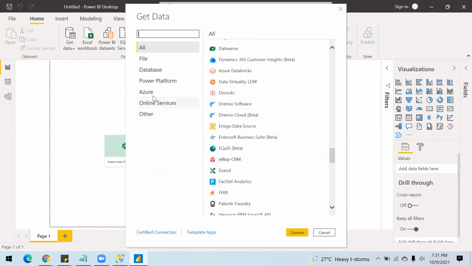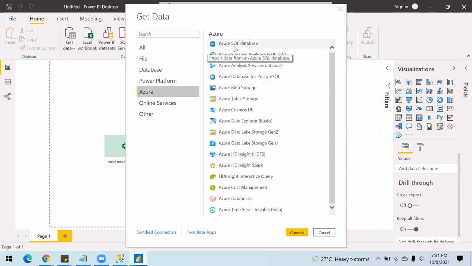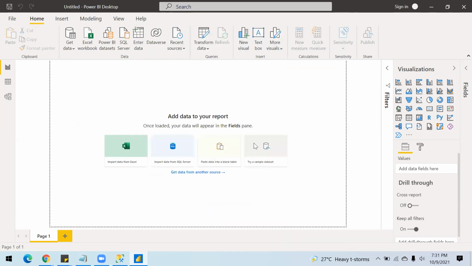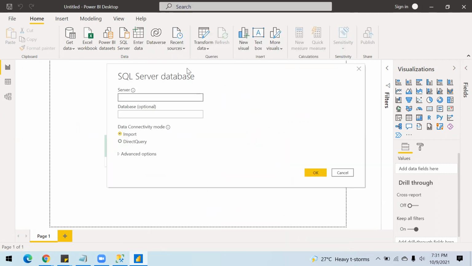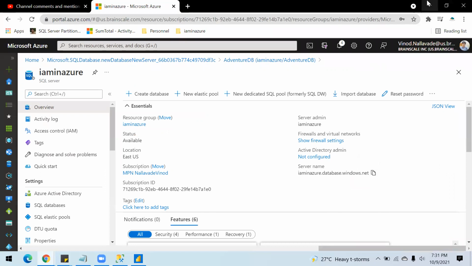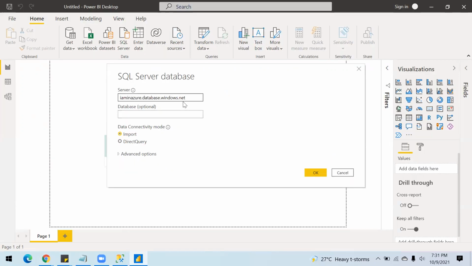So we are interested with Azure SQL PaaS service. So inside Azure itself, there are different services that it helps you. So let's just select this database and click on connect here. So when you click on connect, it will ask you the server details. So my server is again this one. So here again, you need to whitelist your IP address, then only we'll be able to connect. So I have already whitelisted it and I connected through SSMS. So I won't face any issues.